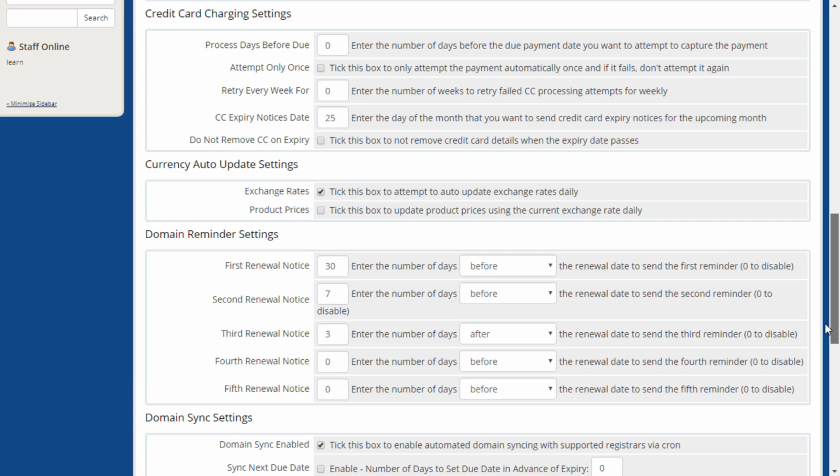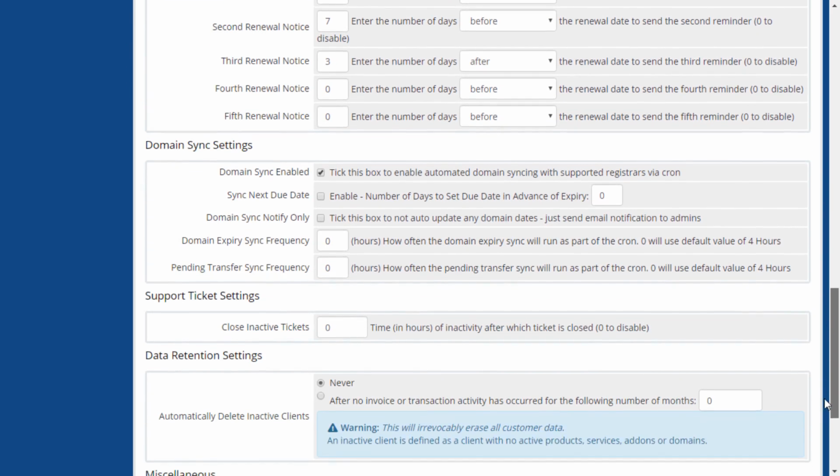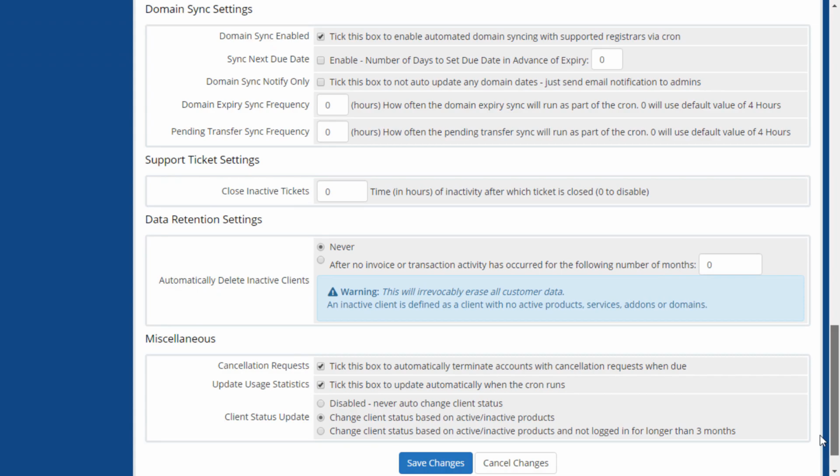Domain reminder settings allow you to set when and how many domain renewal reminders are sent. The Domain Sync settings area controls whether the Domain Sync function is used, which ensures the expiration date, next due date, and status of active or pending transfer domains remains accurate. Here you can choose whether to enable this function, control how often it occurs, choose whether or not to automatically update the next due date, and whether automatic changes are made or a notification is sent to the admin users